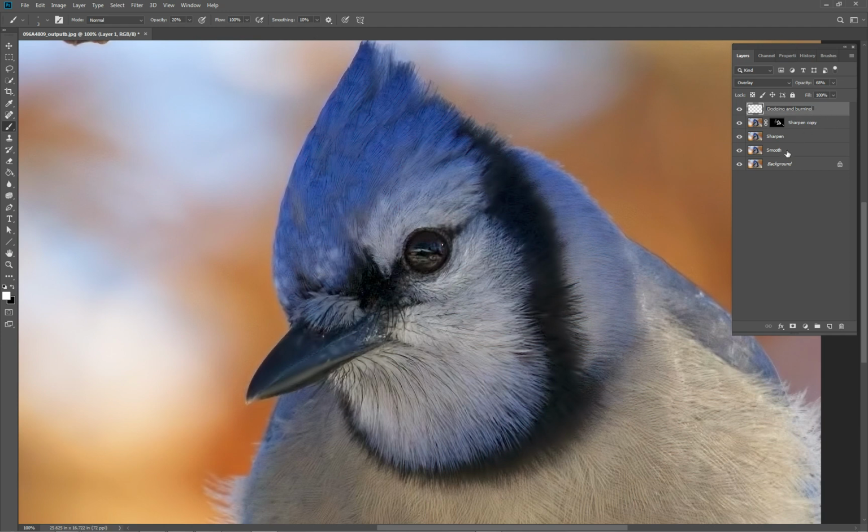I can't even see it, it's so low. And there's your sharpen copy. I think that was for this, I can't remember. And then that's just for the eye, actually this and that. You can move these wherever you want them to. It'll help you. I want that with this. So I could actually combine that if I wanted to. I'm not going to. There's your smooth